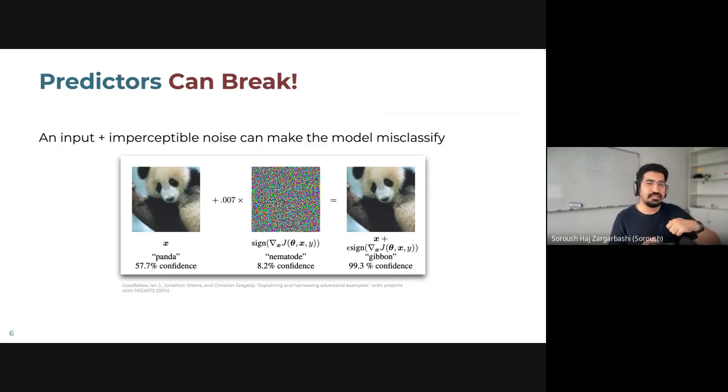And now I can add a really small noise, which, if you see here, is not a random noise, it's clearly crafted, but I can add a really small magnitude of this and get a totally different classification. So basically the model is not robust to a noise even with this really small magnitude of 0.007. And you can see that the model with this noise basically misclassifies with a really high confidence. So just to give a gist of how to design such noises, because these are adversarial noises, these are not random,